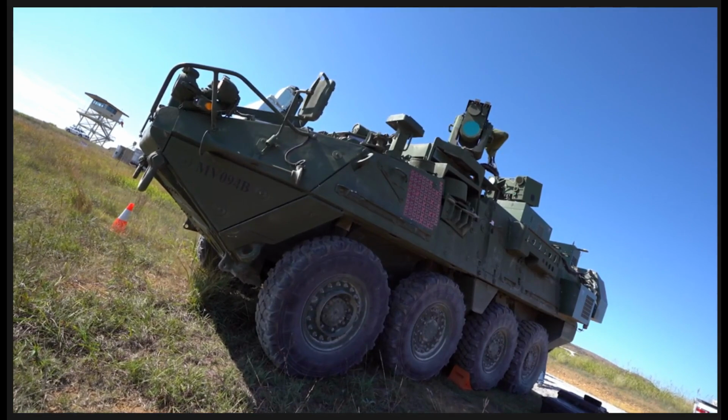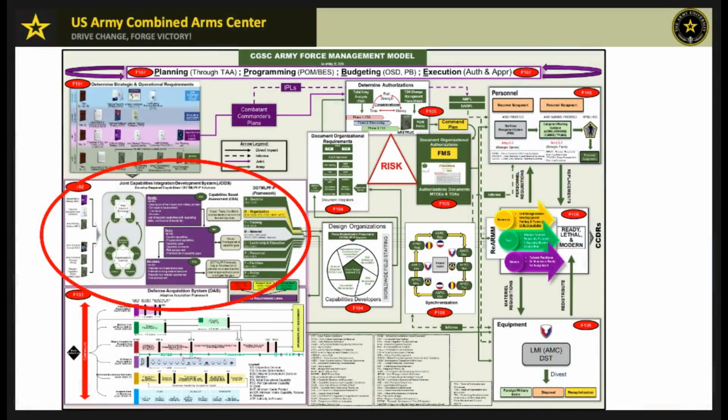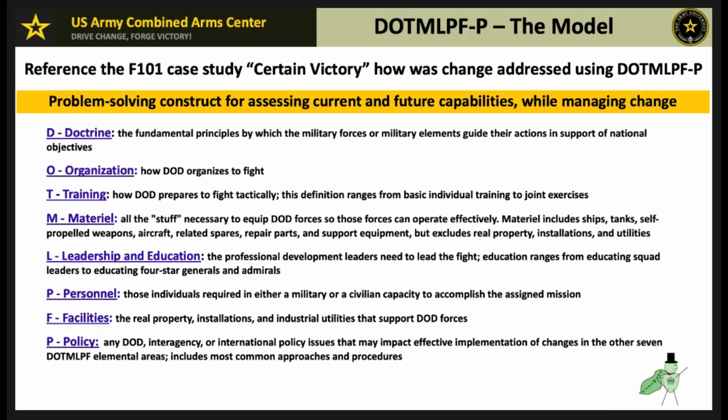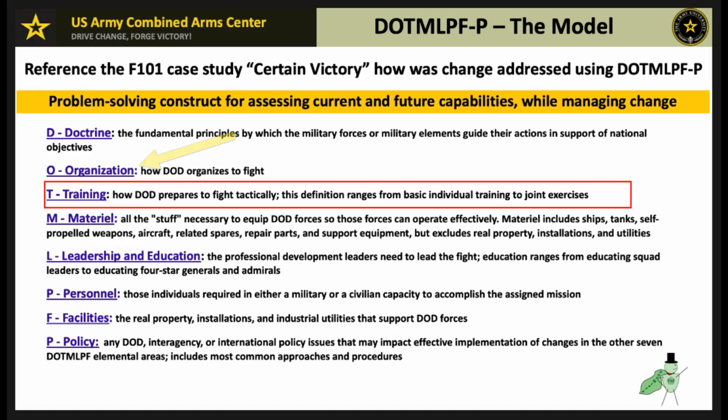This ensures a comprehensive approach to developing and integrating capabilities that support the Joint Force and combatant commanders' operational requirements. DOTMLPF-P, a fancy acronym for solving military problems and planning for the future, because who doesn't love a good acronym? It breaks down the essentials: doctrine, the principles we follow; organization, how we're structured; training, well, how we get ready;